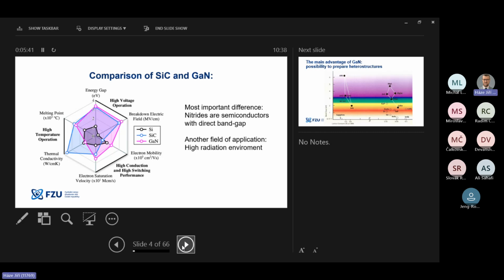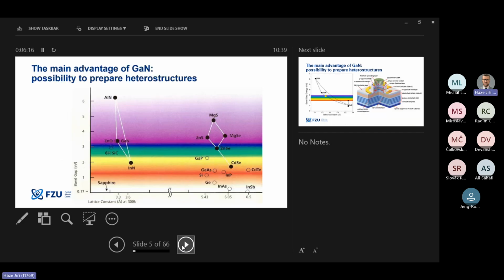The biggest advantage of gallium nitride is the direct bandgap, which opens many applications like LEDs, white LEDs, which we are using, UV LEDs, which are now under development, and also some detectors work better. Detectors of light or ionizing radiation work better in case of direct bandgap. So here is